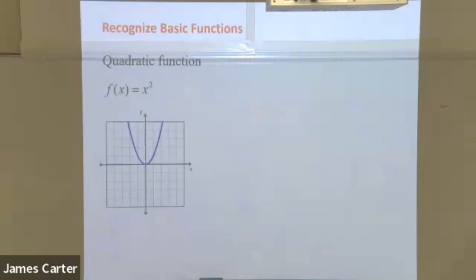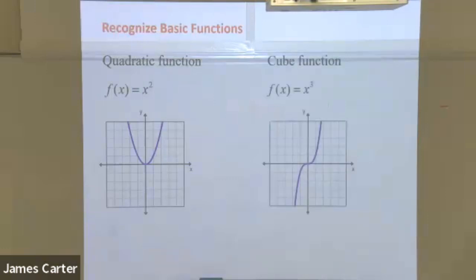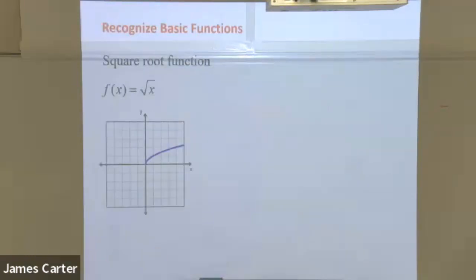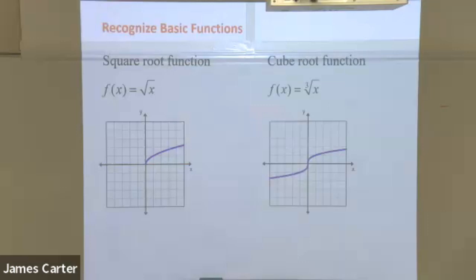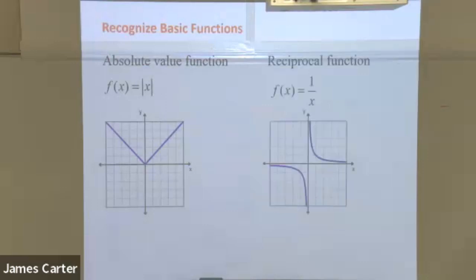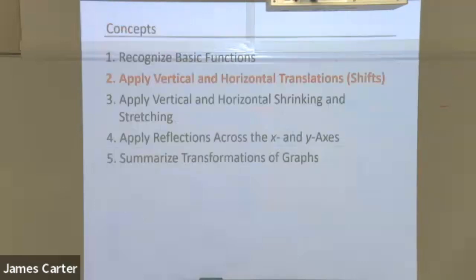Now, again, this is repetition of what we did with the chart earlier. Here you have the square function and the cube function. The square root function and the cube root function. Absolute value function. And reciprocal function or inverse function. Okay, now